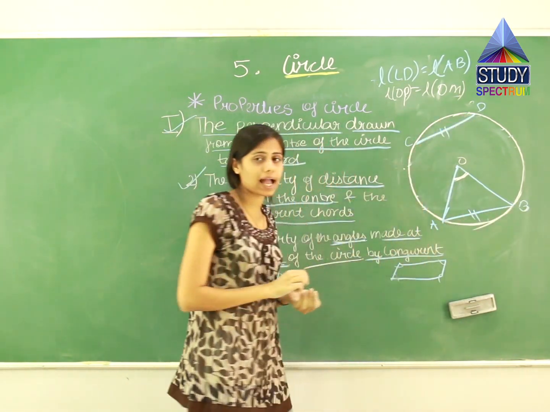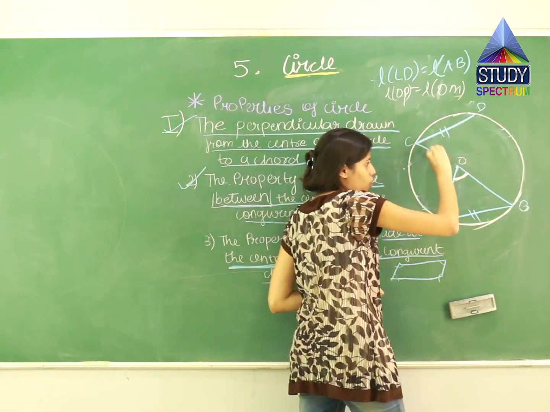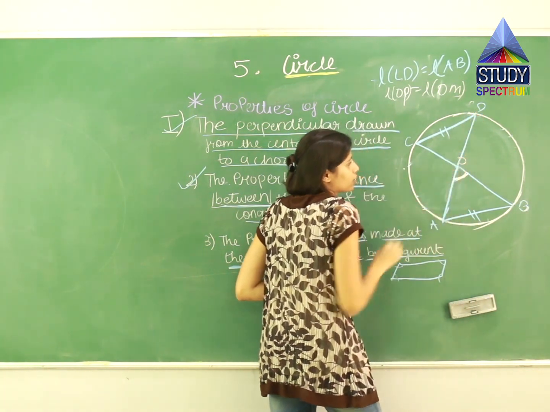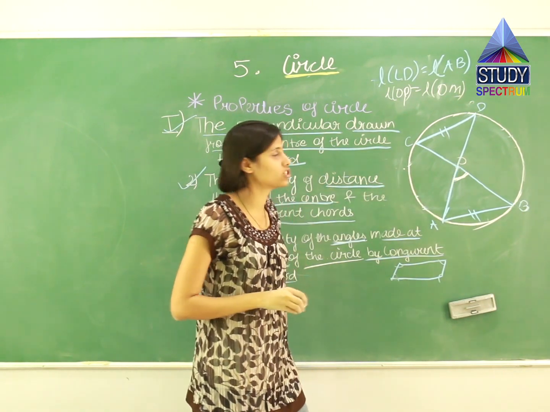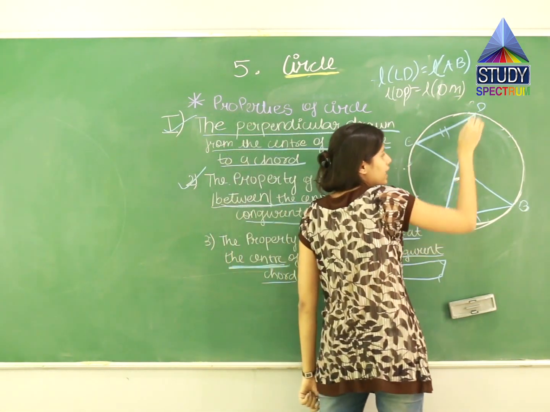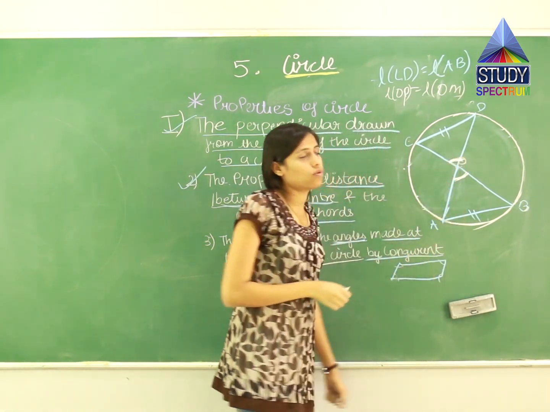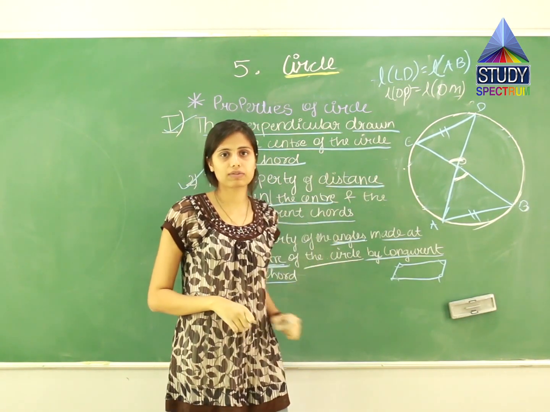अब CD भी एक एंगल बनाएगा. So let us draw that angle. ये C है, C को मैं O के साथ कनेक्ट करती हूँ. ये D है, D को भी मैं O के साथ कनेक्ट करती हूँ. Now even CD has got one central angle, which is angle COD. Now we have completed the diagram.